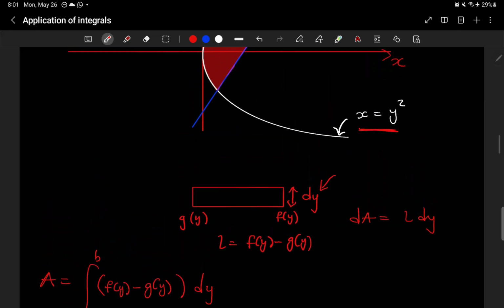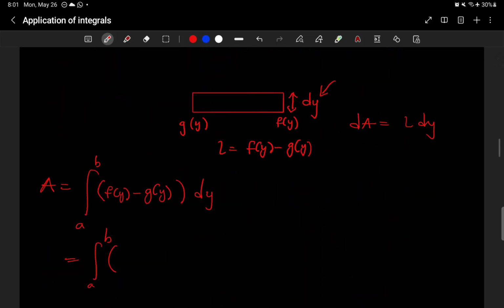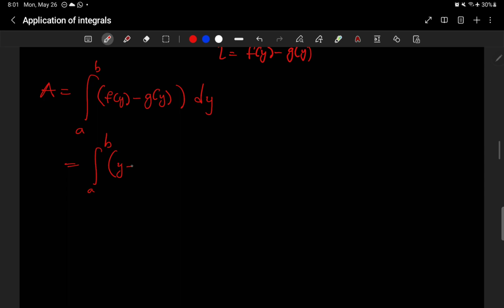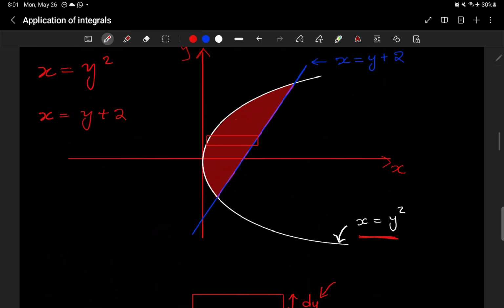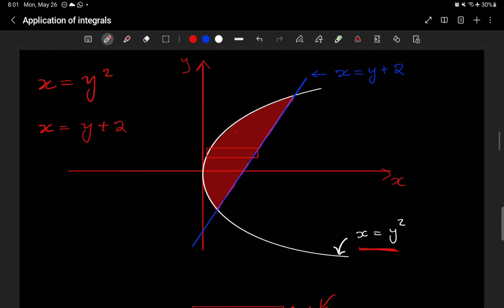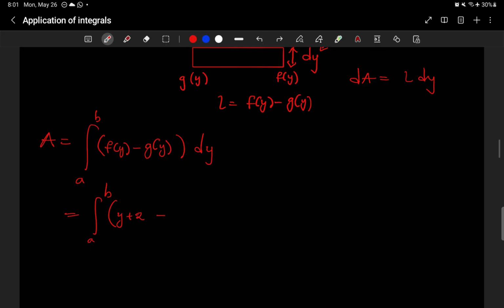So leftmost, rightmost first, which is the straight line, x is equal to y plus 2. Next, the rightmost boundary. No, left, the smaller one. So the leftmost boundary now is the curve, x is equal to y squared. So here we have just y squared